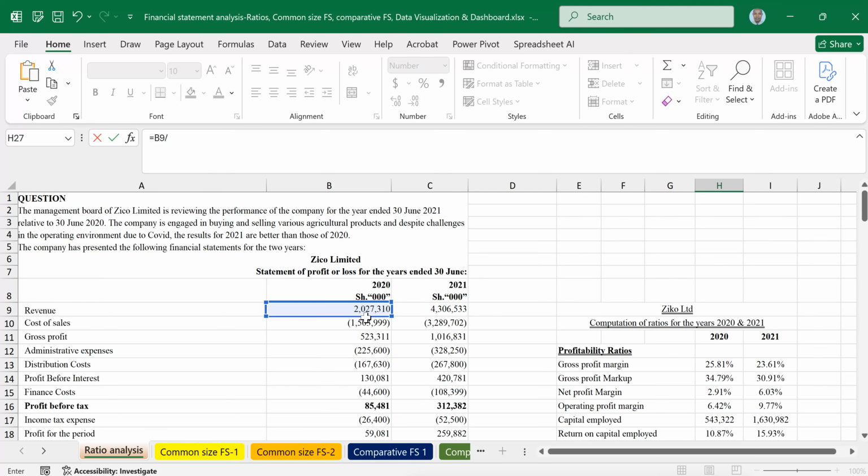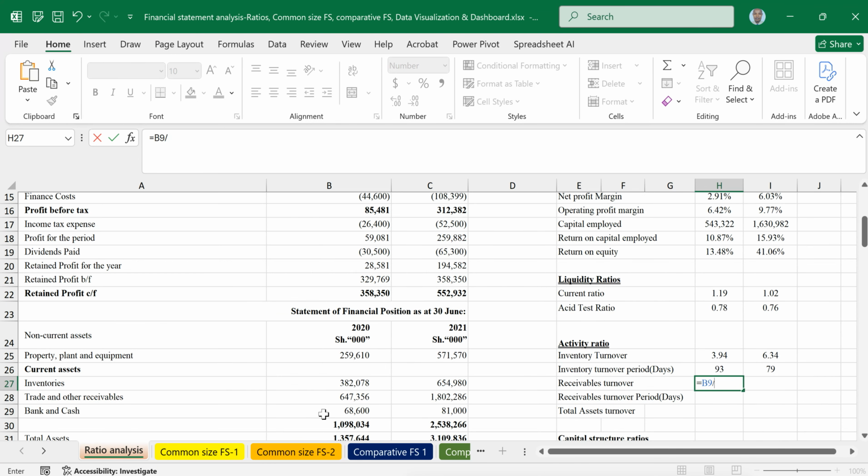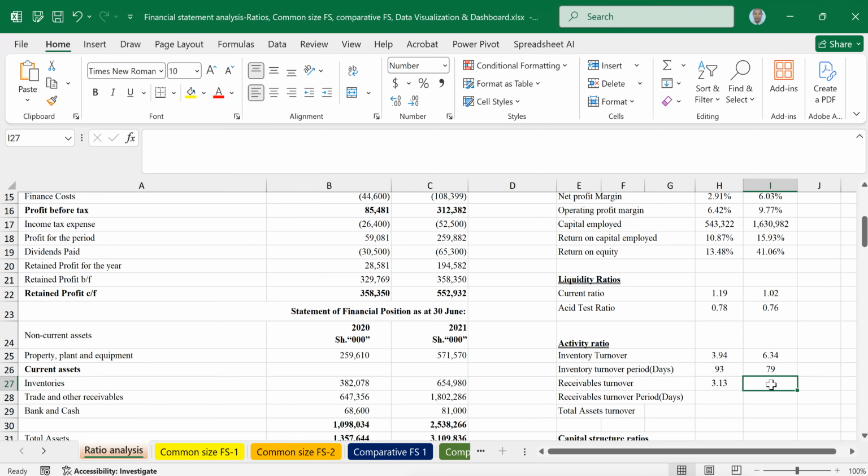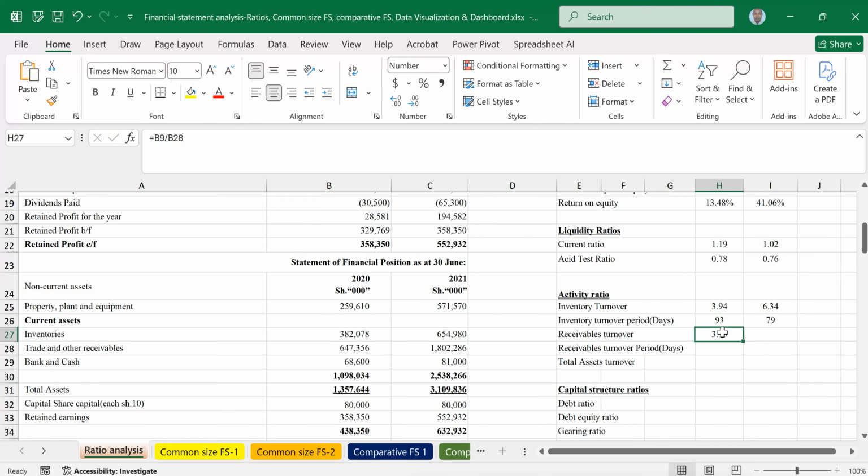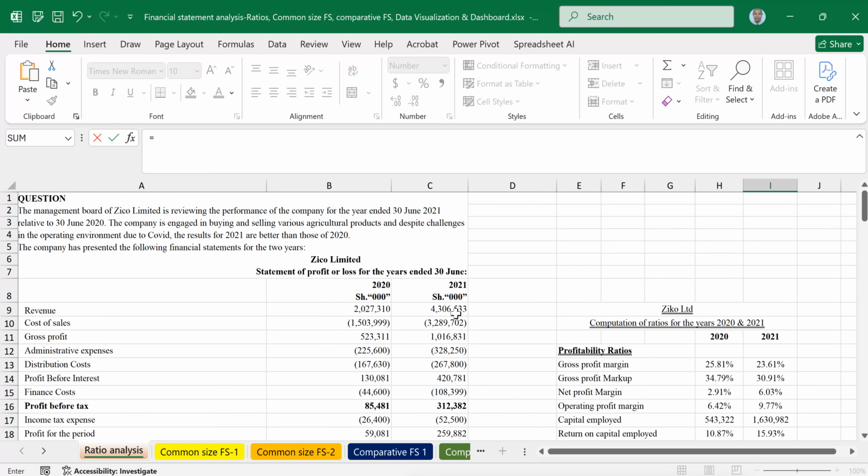Now for the first period, you cannot get average. Just use one as it is for 2020. The average will be done if you have the one for 2019 as well. So 3.13 times. Now for the other one, it will be equal sign, then again, click on the revenue, divide. Then for 2021, that will be equal sign, then again, pick the revenue